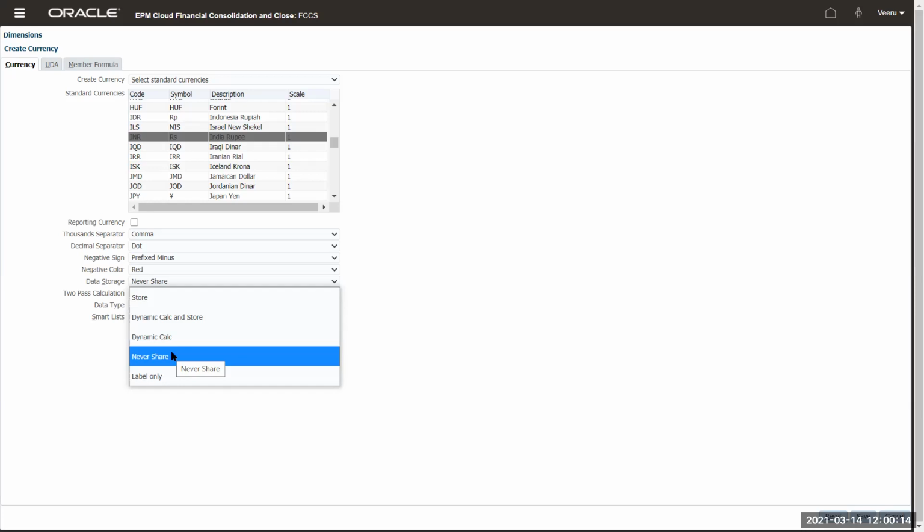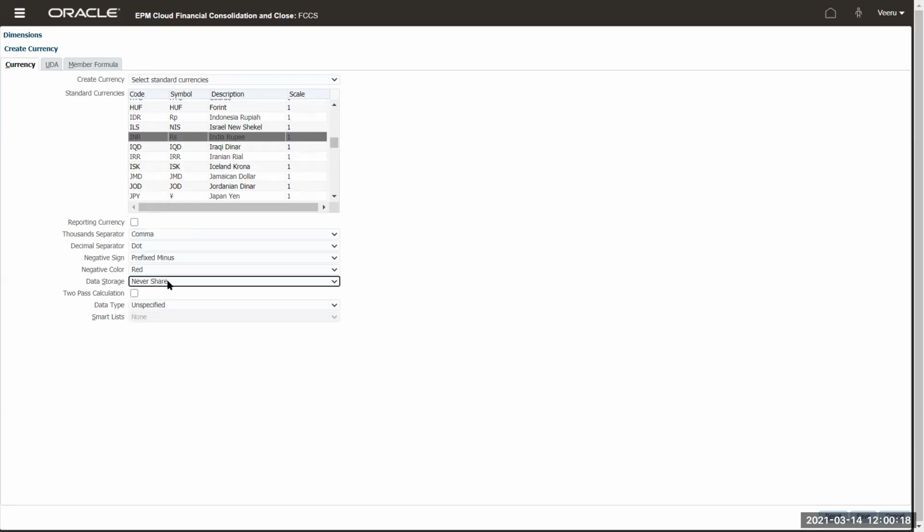Go look at the admin guide and go through it. You should always say never share. Keep in mind, don't bring your SBS knowledge to SCCS. SCCS has its own limitations on what SBS features to use. So stick to the features that need to be used in SCCS.